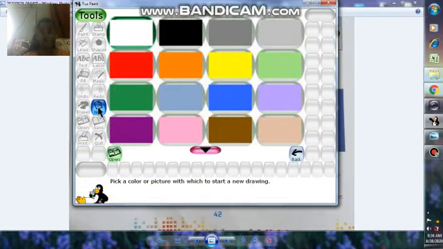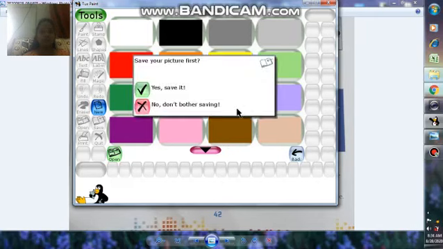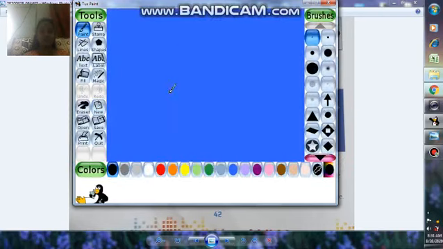Select the blue background and click open. Any blue you can select here. I am going to select this one. You can click and then click on open, or you can also double click it to open. So I am going to double click. It asks whether the previous picture should be saved or not. I am going to save. See, the new picture is now created.